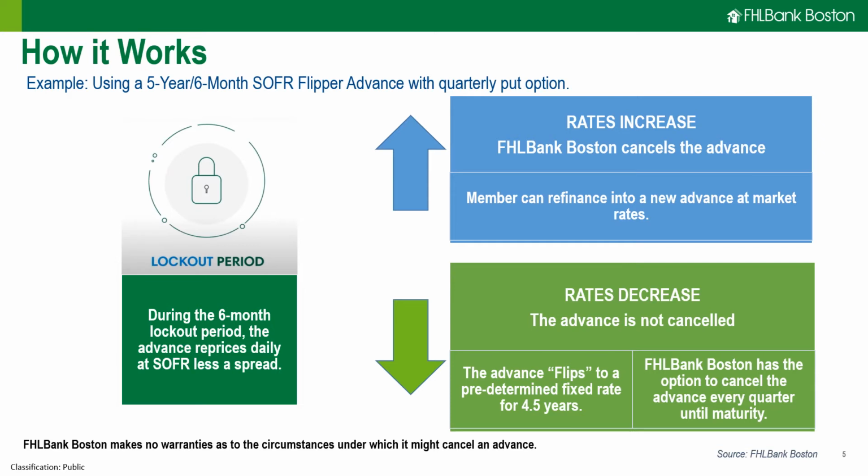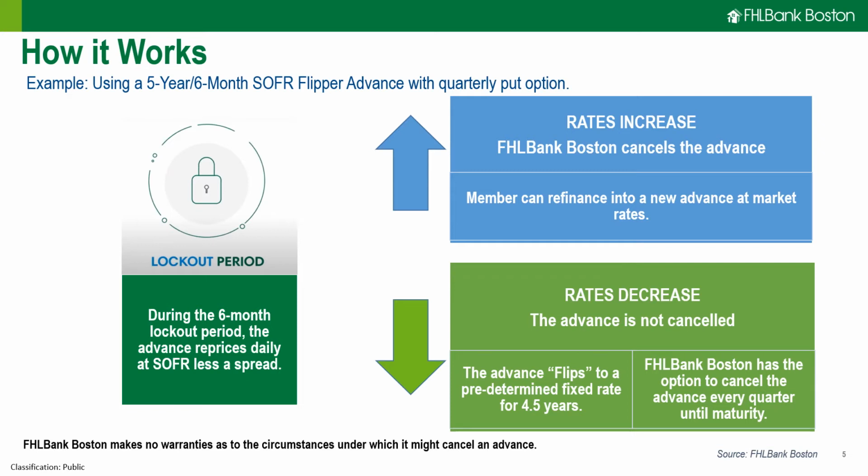When you get to that first put date, the likelihood of the advance being put or not will be dependent on where interest rates are and where market volatility is at that point in time. Now, generally speaking, if rates move higher, there's a greater likelihood that the advance will be canceled and funding will have to be replaced. If rates go down, there's a greater likelihood that the advance will not be canceled immediately and that it will flip from the floating rate to the fixed rate